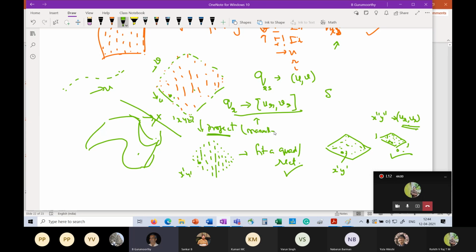And there are instances, think of an S, which is bent quite a bit. You'll agree that there is no direction in which I can project this so that the one-to-one map is maintained, right? Here, these two will overlap when I go in this direction. When I come in this direction, these will overlap. When I come in this direction, something else will overlap. And therefore, here, the only way you can proceed with the surface fitting is to actually segment this.